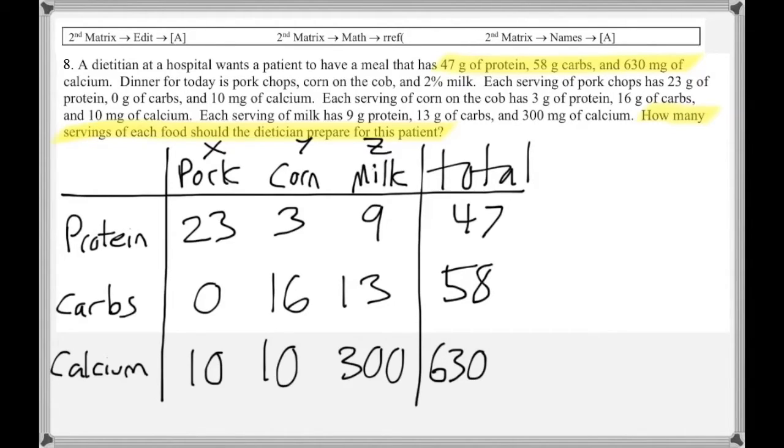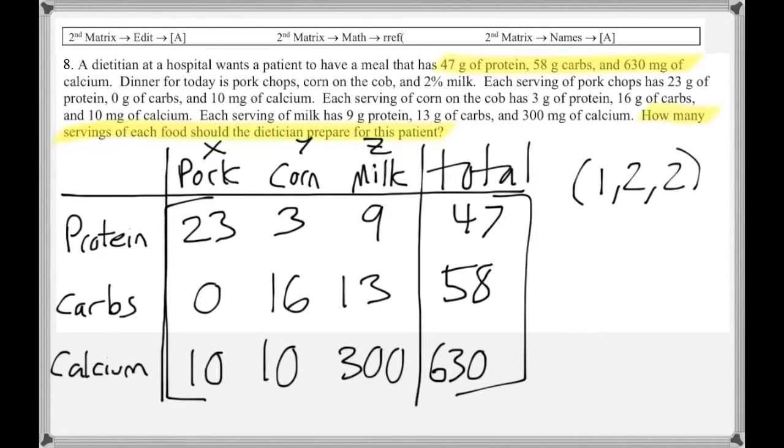So I want to use a matrix to solve this, and it already looks like the matrix. Basically, I'm just going to type it in as I see it here. If you do that and then do the RREF, you should get 1, 2, 2, and that corresponds to 1 serving of pork chops,